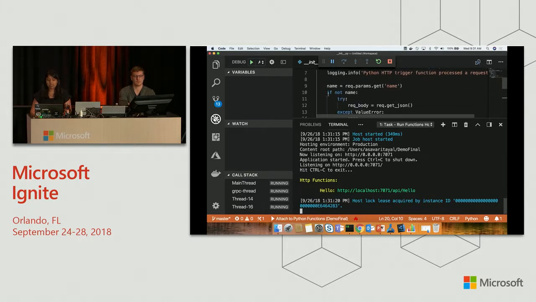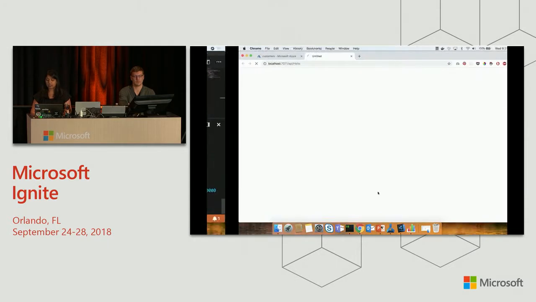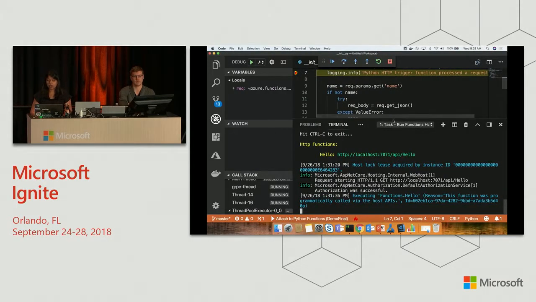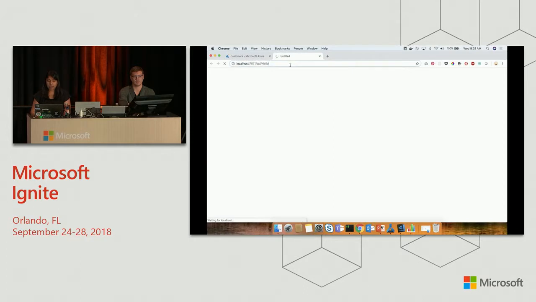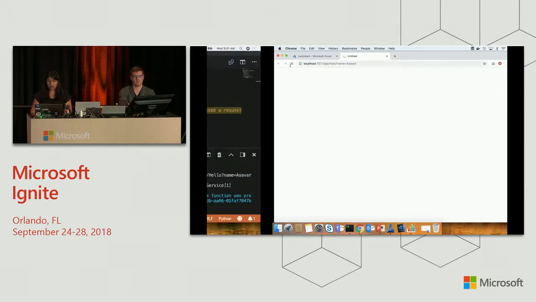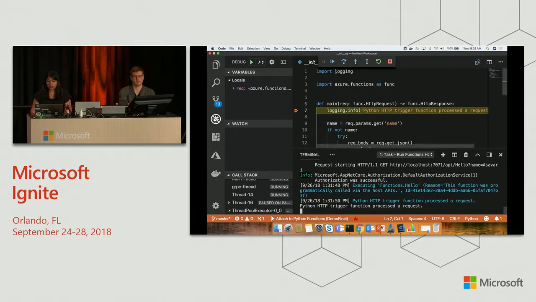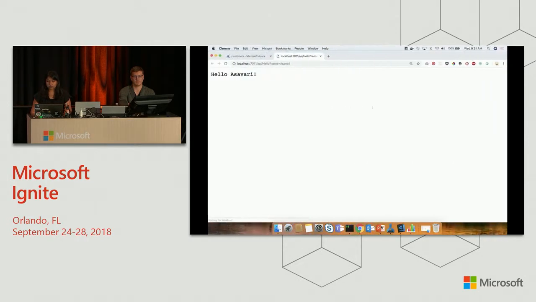Let's go ahead and set a breakpoint in my function right here. And then I can go ahead and start my function. You can see the breakpoint was quickly hit since this was only a hello world example. And then I can go ahead and provide a name in the query string to go ahead and finish the function. All right, so switching back,